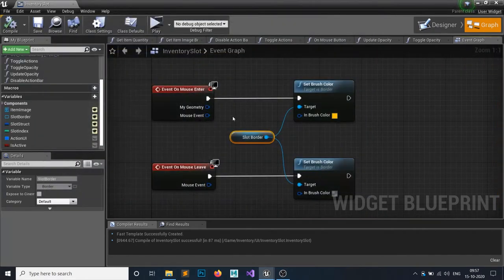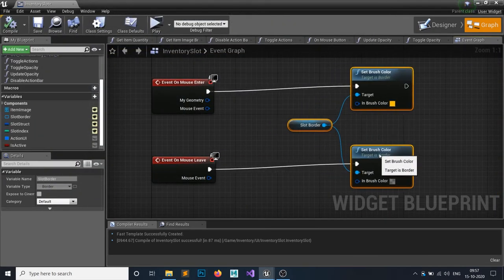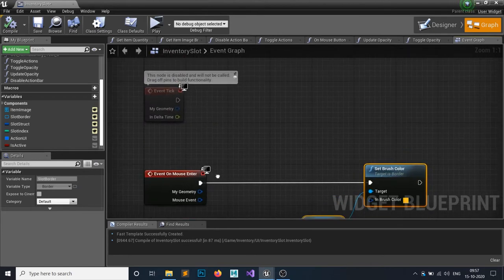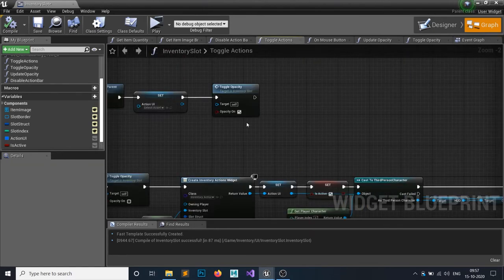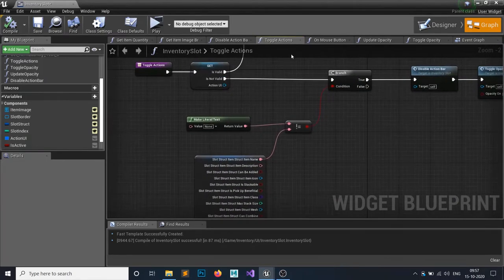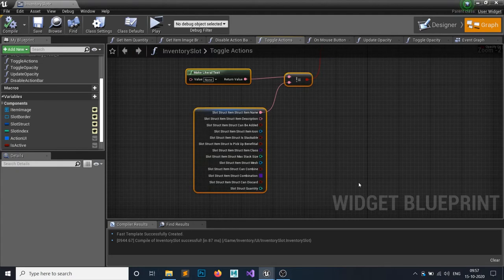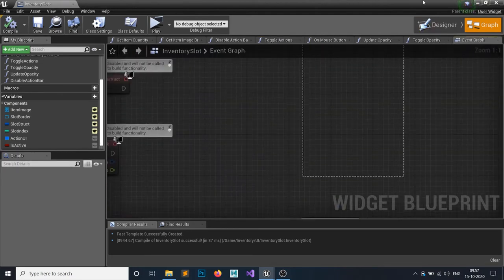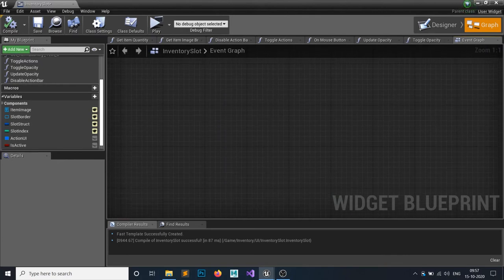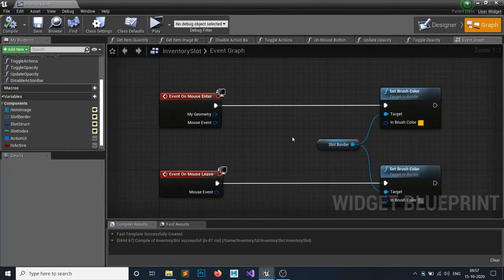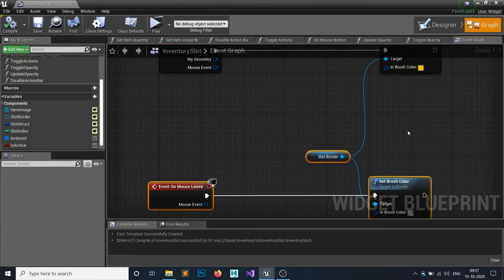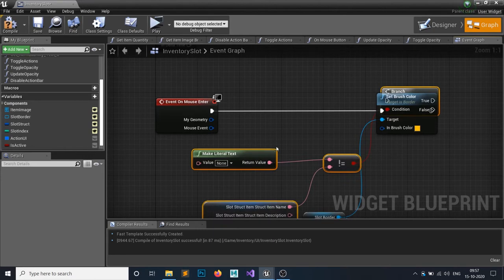If you want that effect only for our present slots, then you can check with the null value, this one. I'm just going to click on this and hit copy. On your event graph, we want to check only for our entering item, because on the leave event we want to set it back to normal. So just paste it.